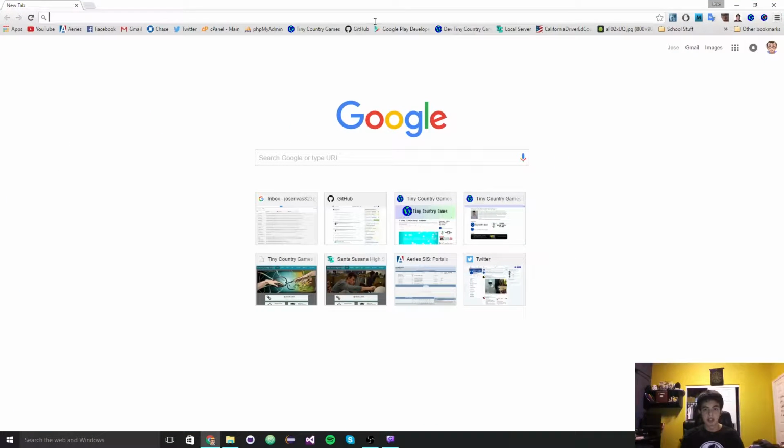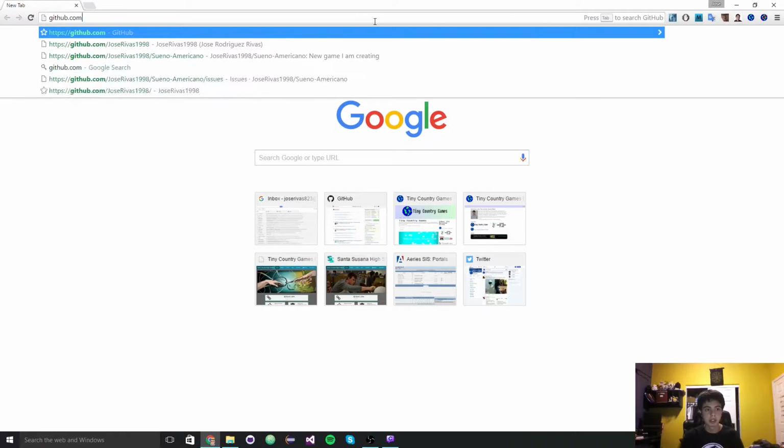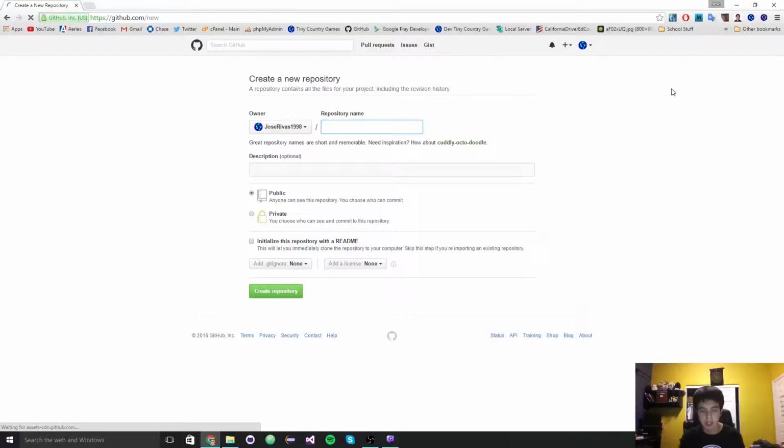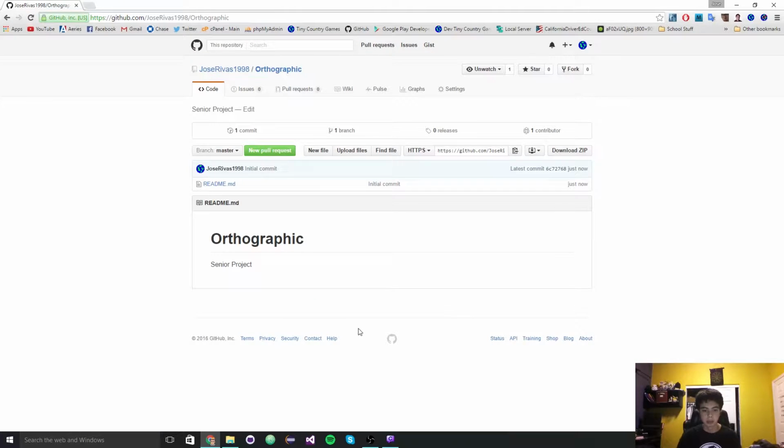Alright, so I'm going to go ahead and go to GitHub. This is the official beginning of this new repository. It will be Orthographic senior project. Initialize the README and create repository. Sweet. Okay. Next, I'm going to open up GitHub over here,